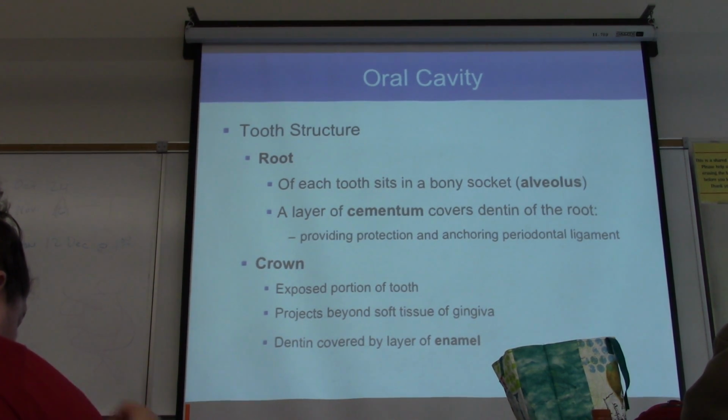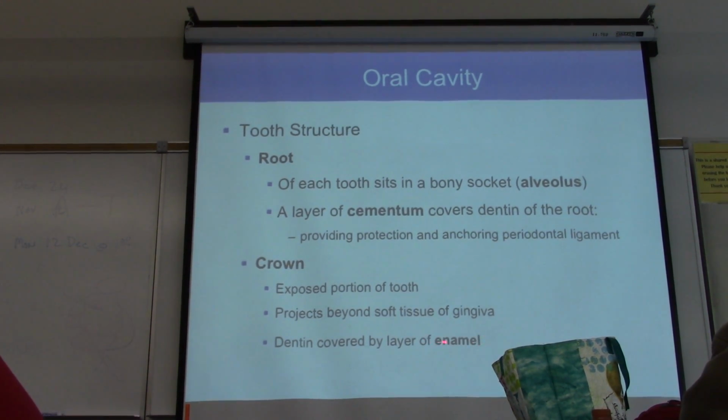And then on the top of the tooth, the part that's exposed, the part that you can see, it's all covered with enamel. And enamel is the hardest substance known to mankind. It's even harder than diamonds. Keep that in mind. It's very hard, and when your teeth rot, they usually rot from the inside out, and from the edge of the gums when you get periodontal disease down alongside your teeth